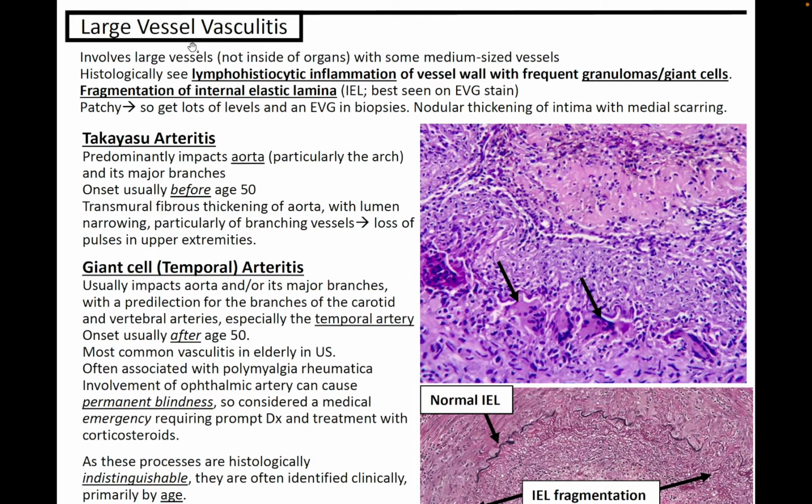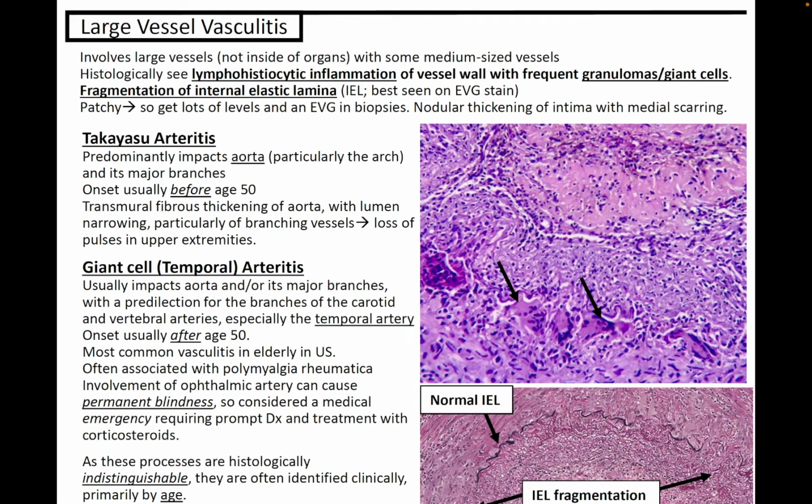It can be patchy, so get lots of levels and an EVG in biopsies. And you'll also see nodular thickening of the intima with medial scarring. Within the large vessel vasculitis family, we have Takayasu arteritis, which predominantly impacts the aorta, particularly the arch and its major branches, and the onset is usually before age 50,